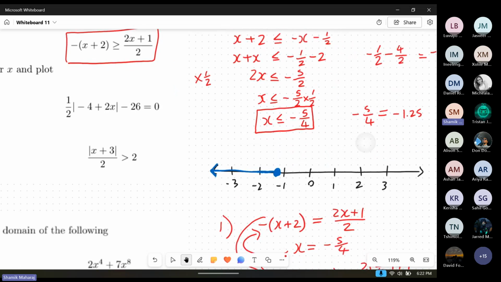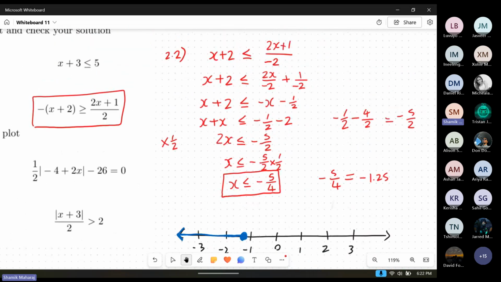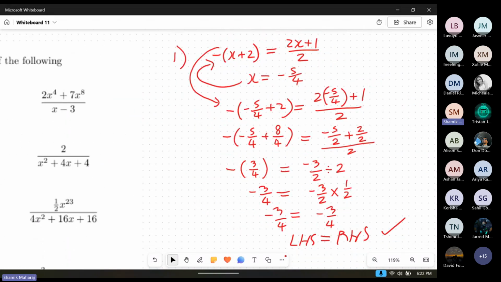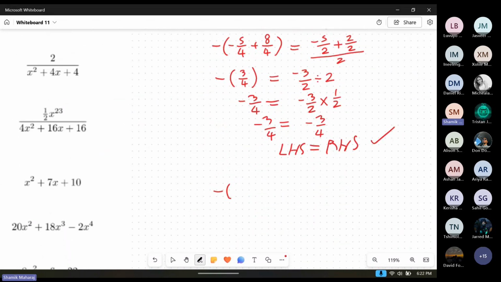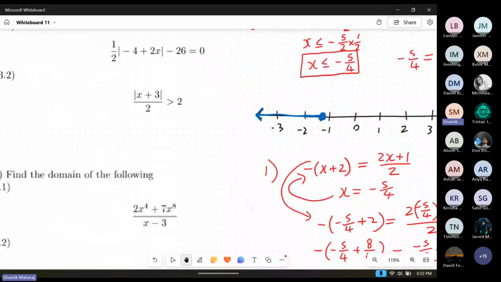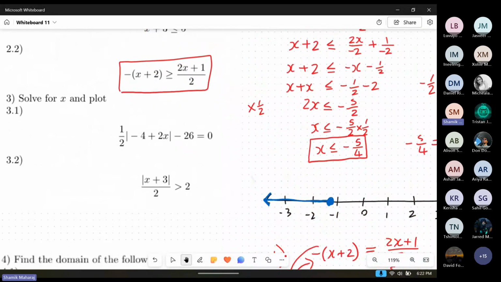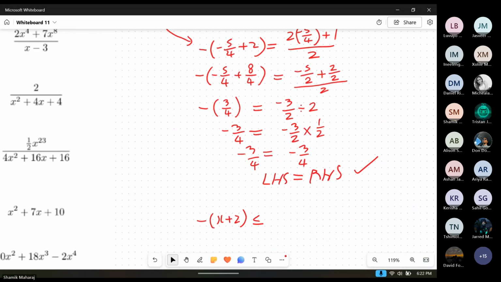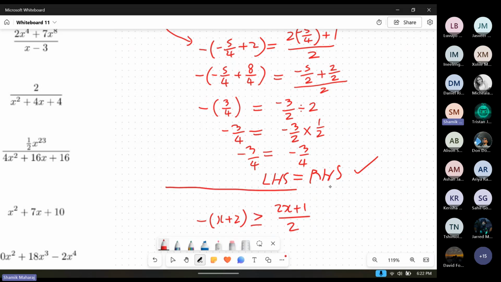your original inequality, which I'm trying to remember. Did I write it somewhere? Okay. Just do it again here. So minus x plus 2 less than or equal to, my memory is very short term. Already I got the wrong thing. So 2x plus 1 over 2, and this here was not correct. It's the other way. Okay, so now step 2,